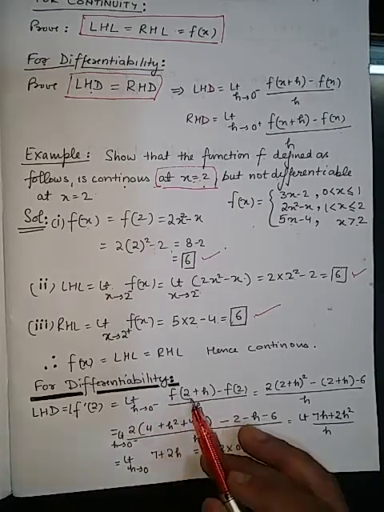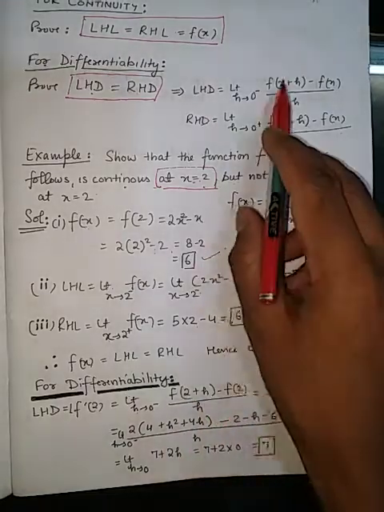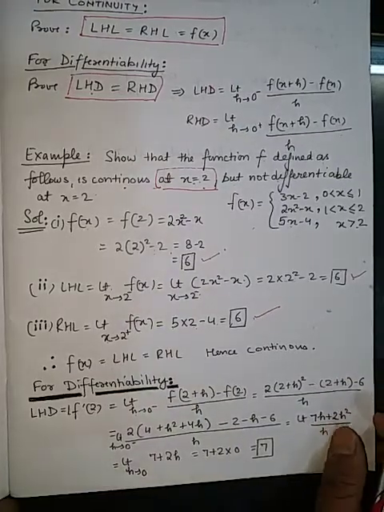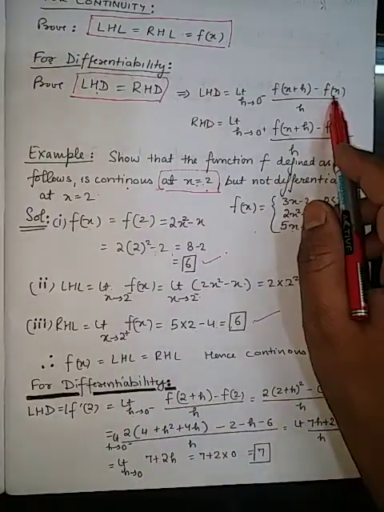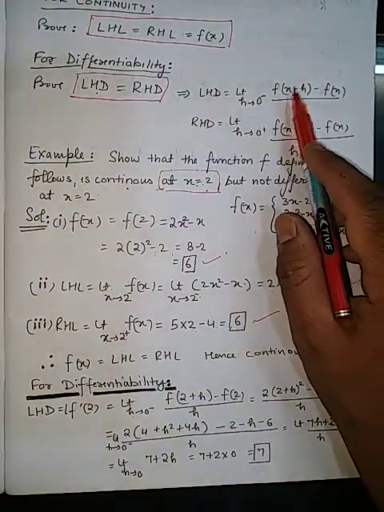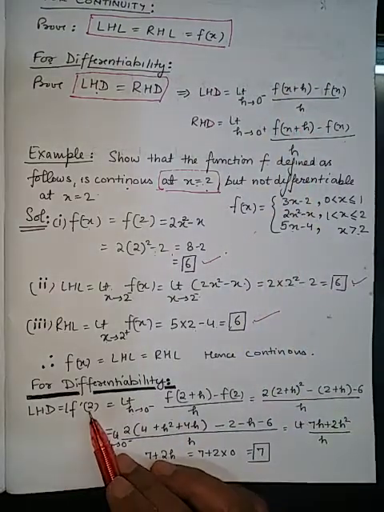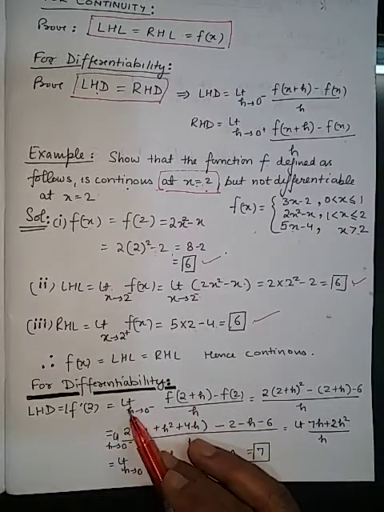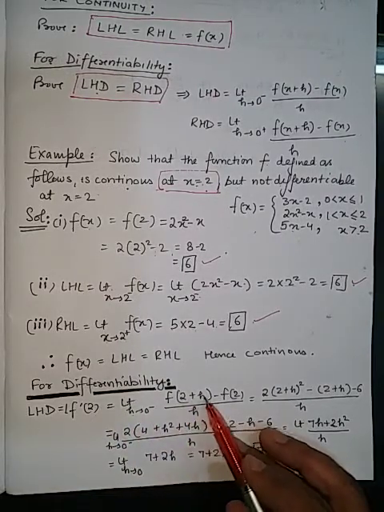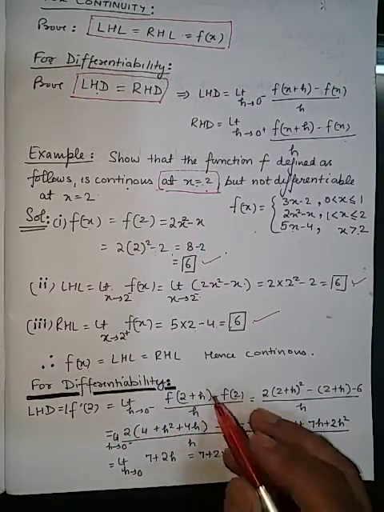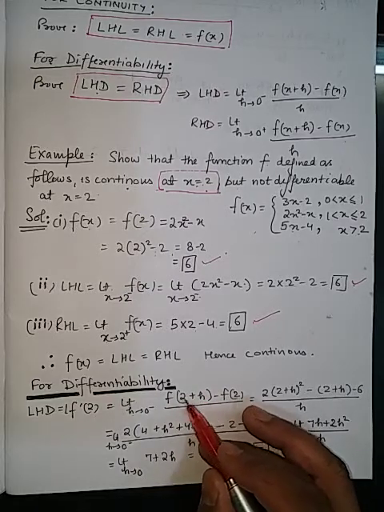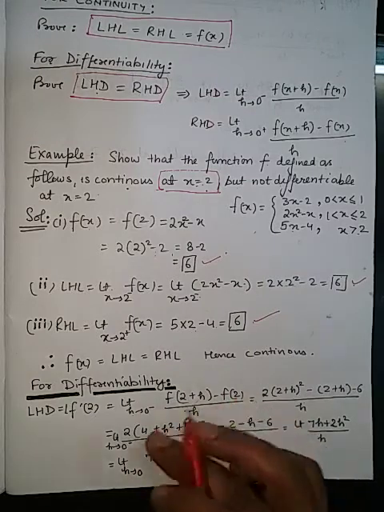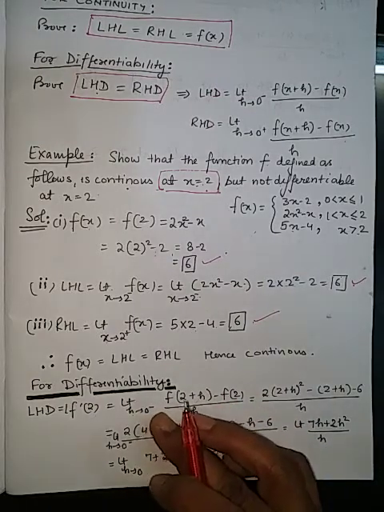Now this formula is f(x plus h) minus f(x) upon h. This we have discussed. What is x? X will be equal to the given value at which we have to check, x equals to 2. Only h will be tending to 0. So f(2 plus h) minus f(2). Now in place of x, we have got the value of x to be 2 plus h. So this 0 value, 0 minus, less than 0.